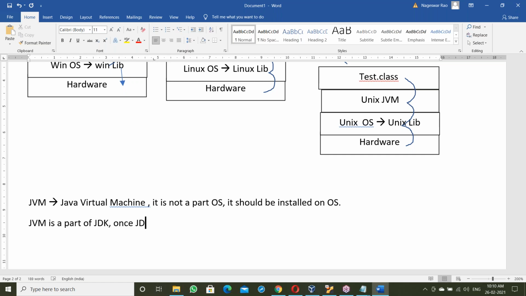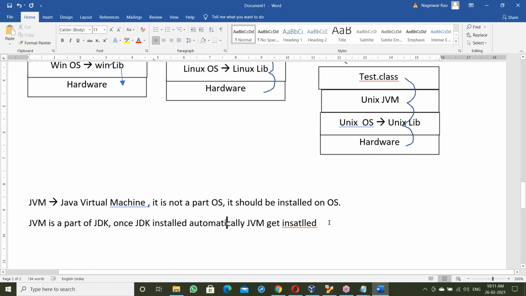So once the JDK is installed, the JVM gets installed automatically.